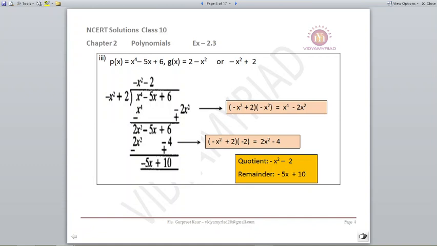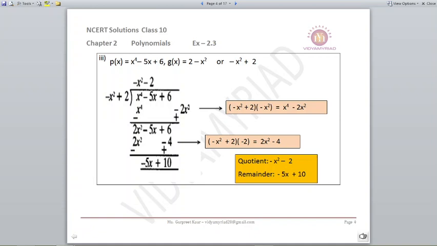Now we got a square term which is not available in the question, so we will write it down at the end. But in the next step, when we subtract it or change the sign and solve it, x^4 will get cancelled. You are left with 2x square, which should be written as the first step. So 2x square minus 5x plus 6.